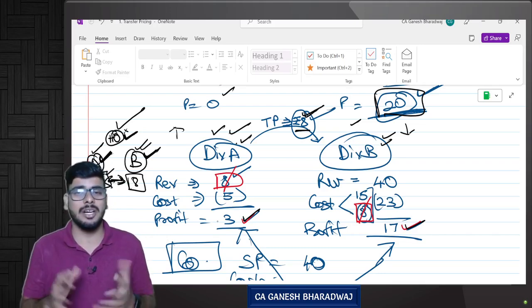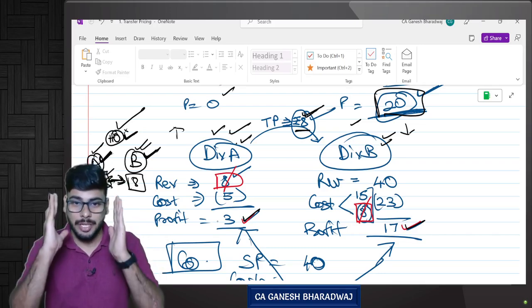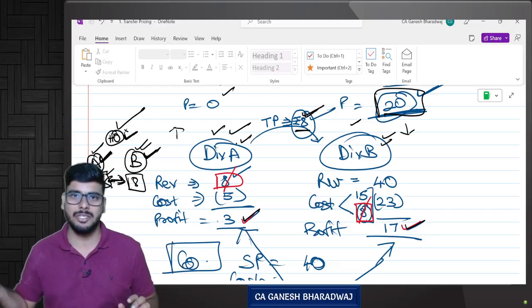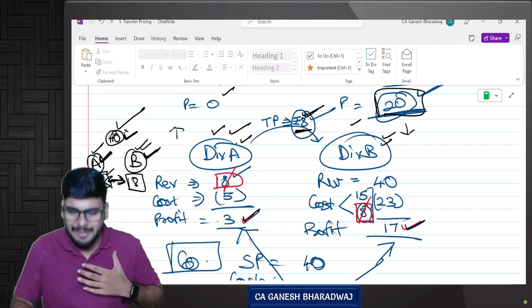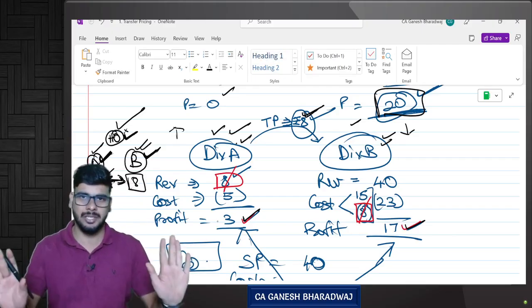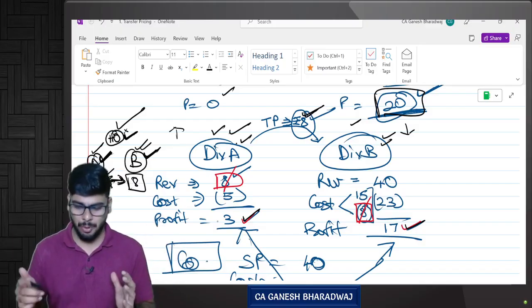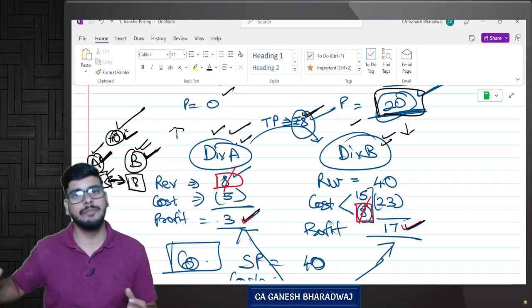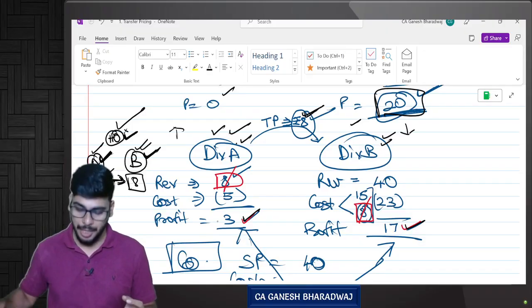So inside the organization, there shouldn't be any conflict. So the transfer price should be fixed properly. Are you clear with this? So there are multiple methods of fixing the transfer price. Here I gave 8 rupees flat. For what? For the purpose of understanding the example. That's all. You need not worry about it. How do we fix the transfer price? In case of conflict, how will we resolve? That we will be seeing during the course of this particular chapter.